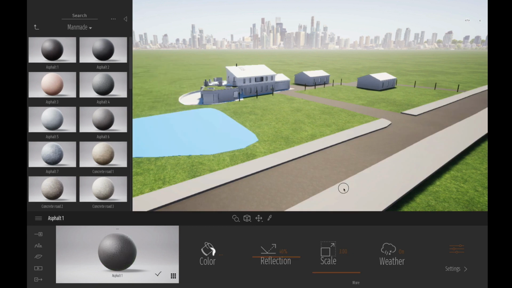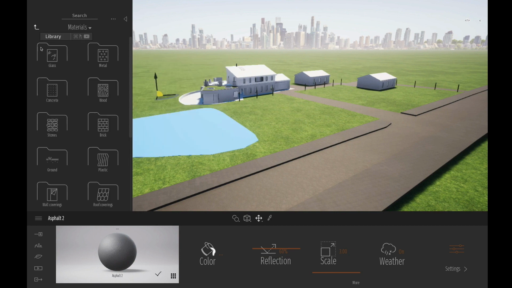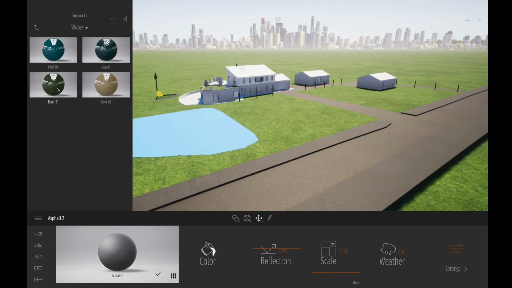And let's put some man-made materials. We've got some asphalt we're just going to add to the roads and to the pavements. Going to use a slightly different tone there. We'll go back into the material library and click the return button, and you can see there's also a section